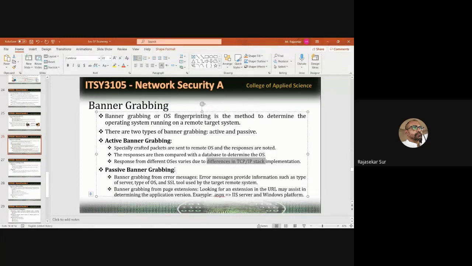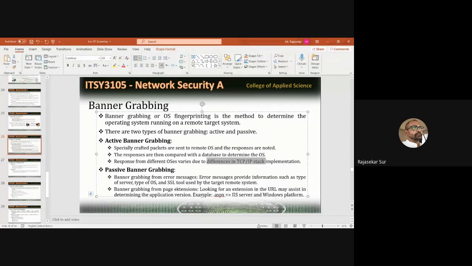So in active banner grabbing, a specially created packet is sent. The attacker will create a packet and send it to the target machine. From the target machine, the attacker will find the operating system and the TCP stack. Even some more information you will get. But in passive banner grabbing, you do not enter into the target.